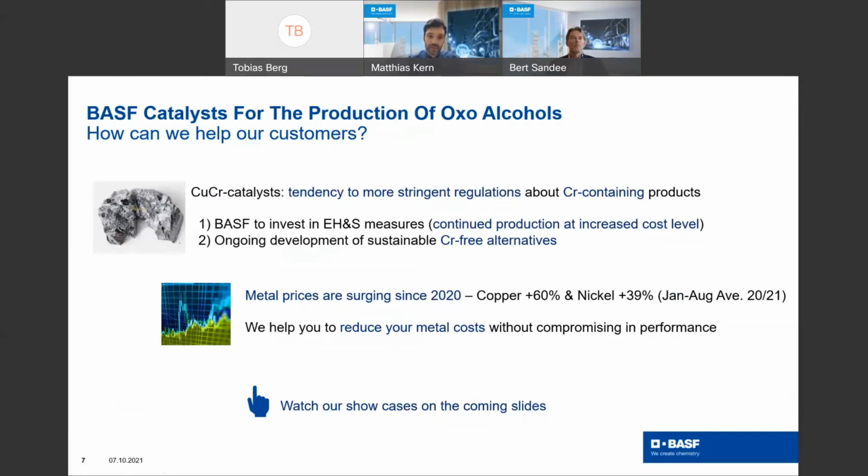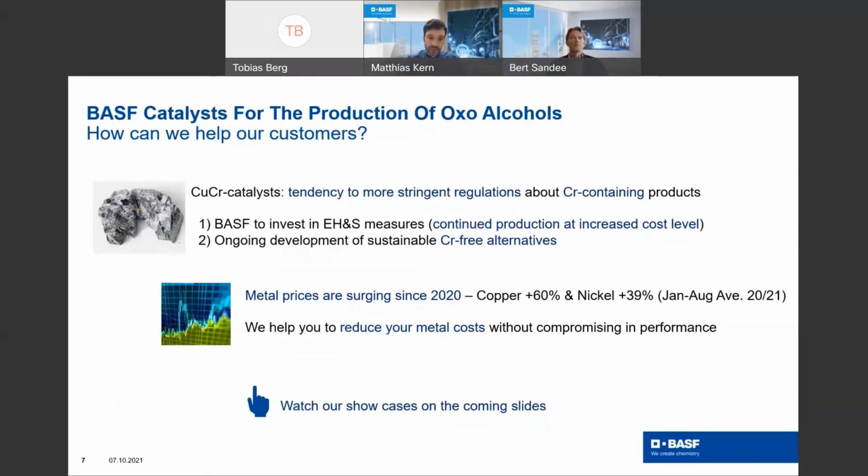So we have chrome-free alternatives, which Bert will later introduce. Another important factor is that currently metal prices are significantly surging. If you compare the metal prices in average January to August last year compared to this year, then copper, for instance, did increase by 60% and nickel also by